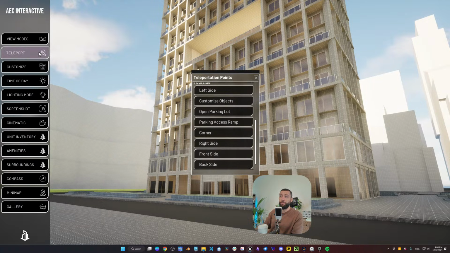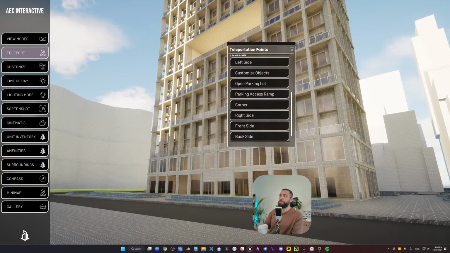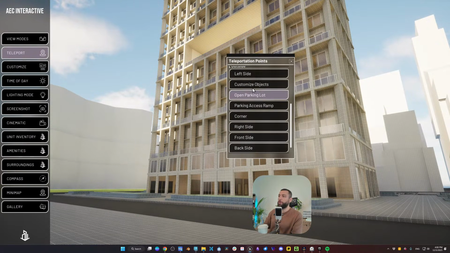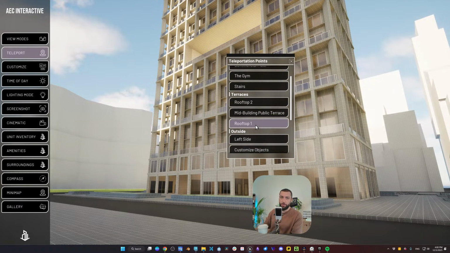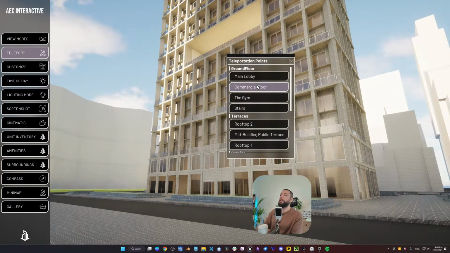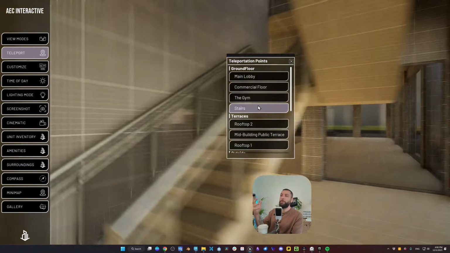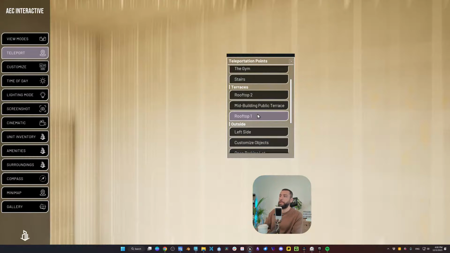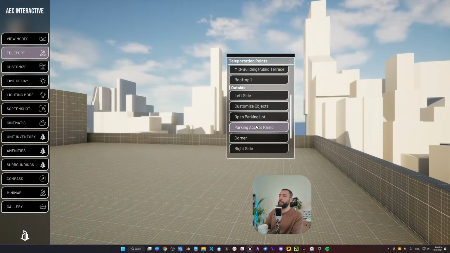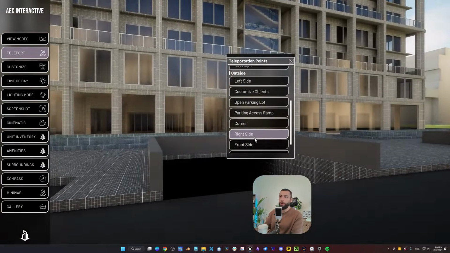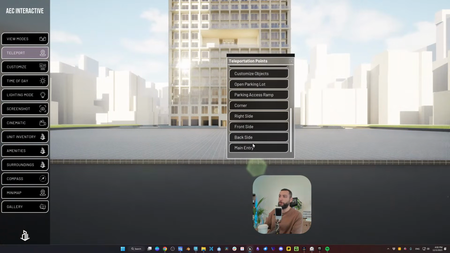Now, once you set up the modes, you can set points of interest or teleportation points around your project. So we have this nice panel, and this panel is dynamic and scalable, so you don't need to do anything manual. You simply place actors in the project, and these actors will appear in the list, and when you click on any of these, it will teleport you. So I will show you how everything works in detail as we progress.